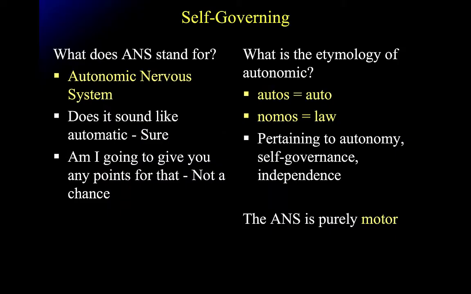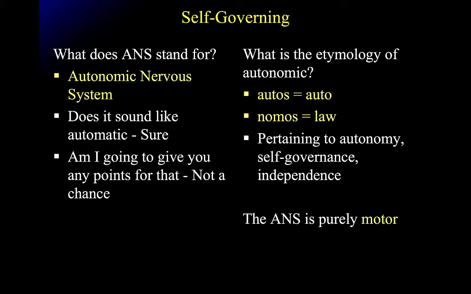I want to begin here with what ANS stands for. It does stand for the autonomic nervous system, and we want to take a closer look at "autonomic" to make sure that we remember this correctly. Autonomic comes from the root words autos and nomos. Autos means auto or self. Nomos means law. Therefore, we're talking about autonomy, the self-governance of our body through this purely motor component of our